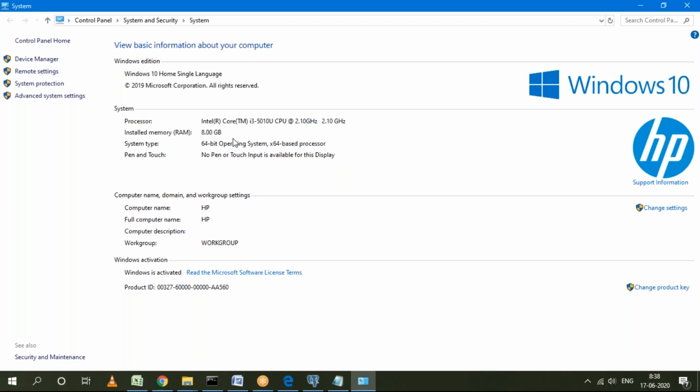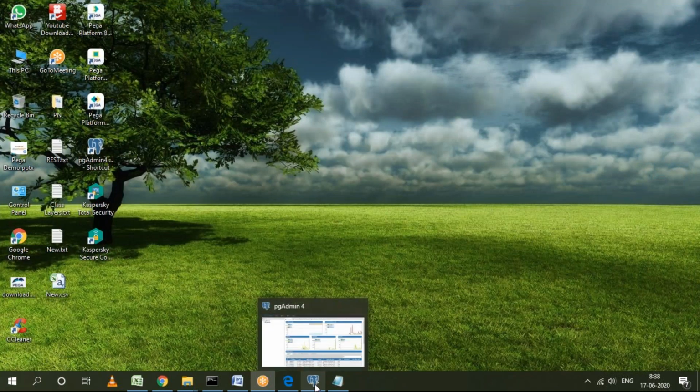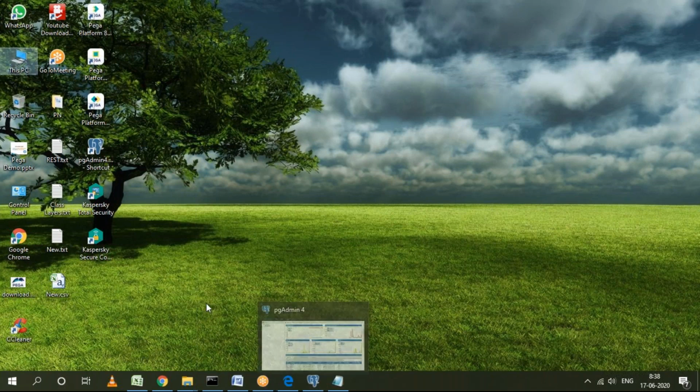RAM size minimum 4 GB is required. Accordingly you can install this setup. So try this setup, and I'll share the download file by end of the day, because I need to upload it to my Google Drive first, and then I'll be sharing it by end of the day, guys. So please provide your email IDs, preferably Gmail IDs, so that it will be easy to share through Google Drive.